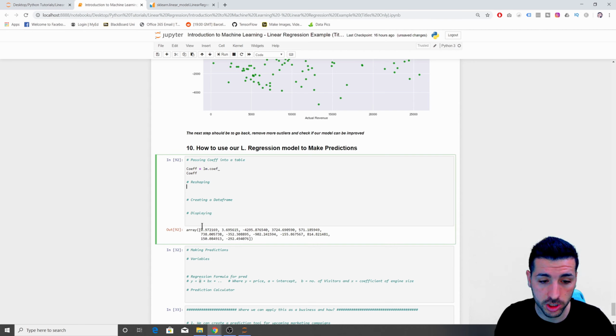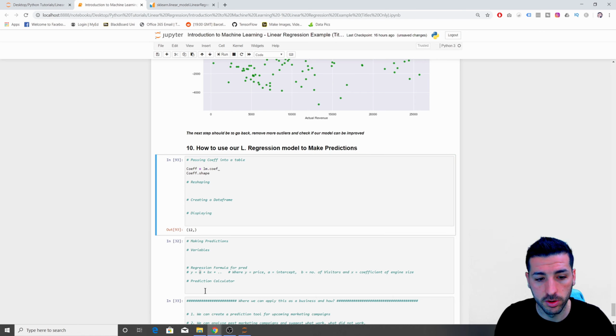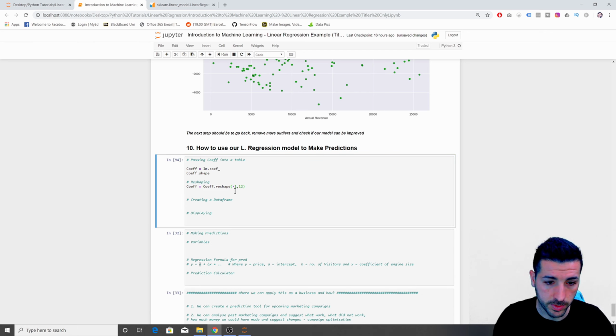Right, then I do want to reshape this, because if I check the shape of it now, it's actually 12 rows, and I do want to make it 12 columns. So I can say coef equals coef.reshape before I pass it into a data frame, -1 to 12. There we go. And then I want to create my data frame, which is going to be coef_df equals